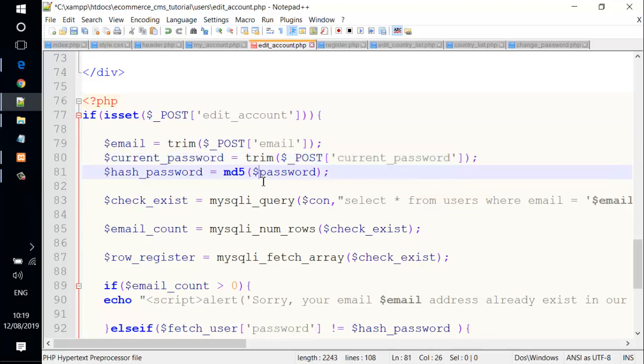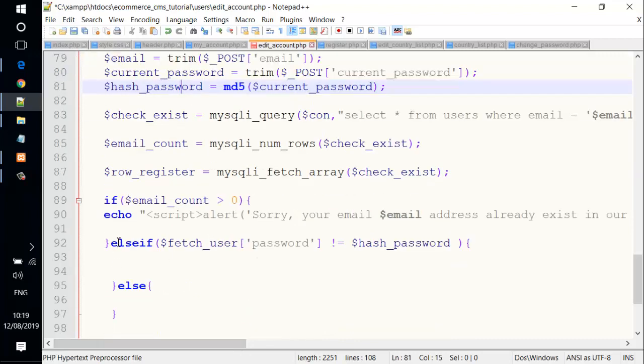We also change this to current password. If page user password is not equal to current password,